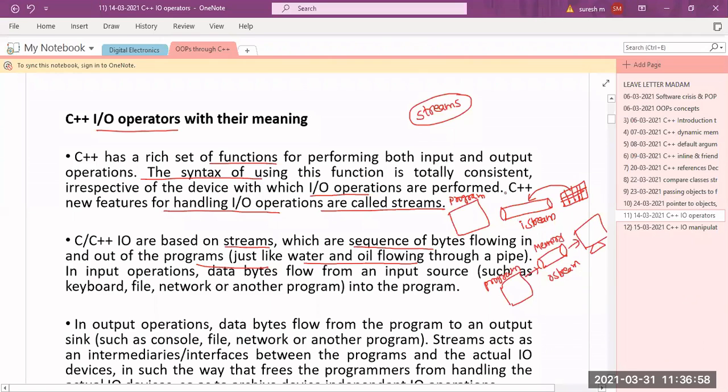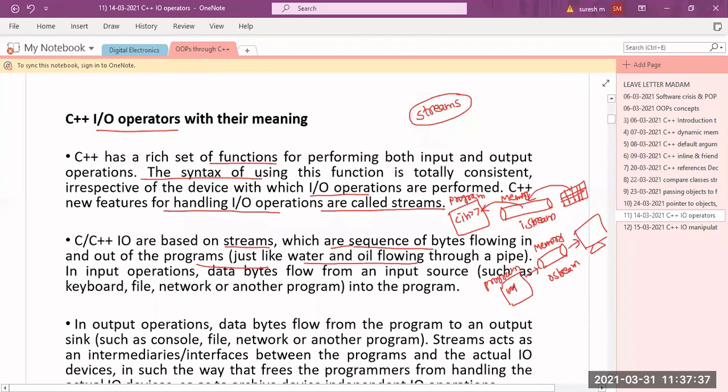So what is a stream? It's a memory which is used exclusively when we use cin and cout. At that time a group of bytes will be allocated which are used to do this kind of stream operation. So a stream is nothing but a sequence of bytes flowing in and out of the programs. Whenever I write cin in the program, first it will go to this IStream or memory buffer. Whenever I type the data on the keyboard, the data will be stored in this sequence of bytes. From this sequence of bytes, the data will be taken to the program.